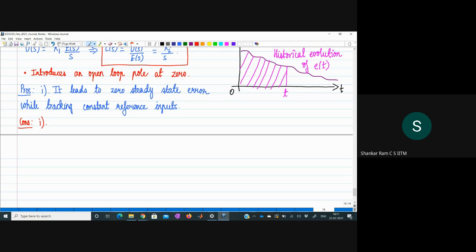Please note that we need to realize the control input using an actuator, is it not? If we demand a lot of control input by integrating past errors, and if the number that we are calculating